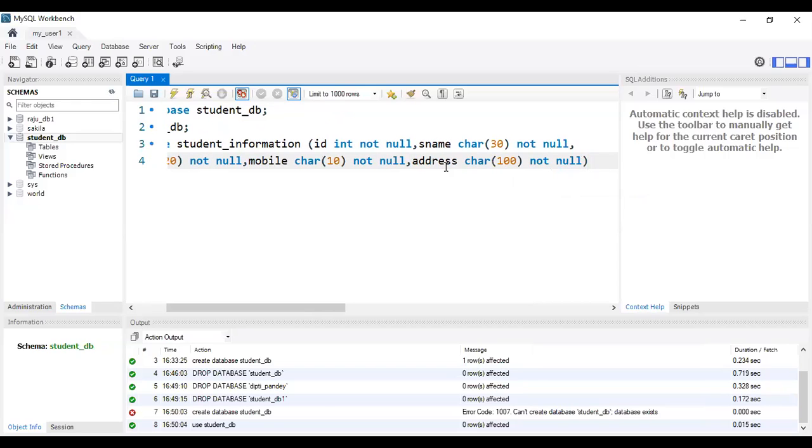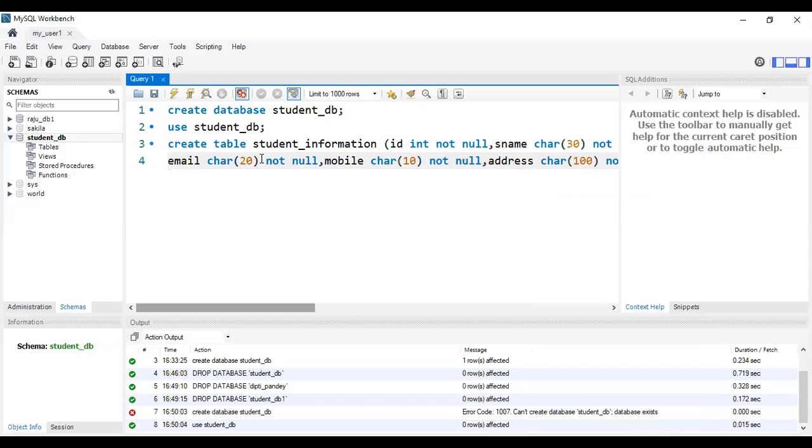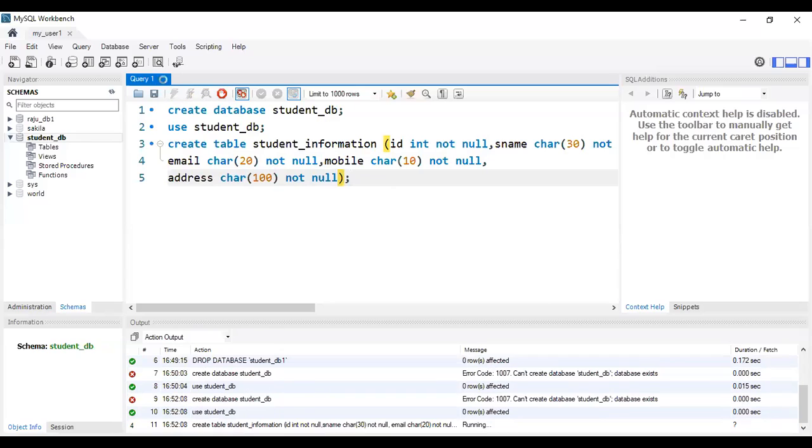Now create table student_information, ID integer, so and so, all the things. Then you give the semicolon. If you execute, it is created.